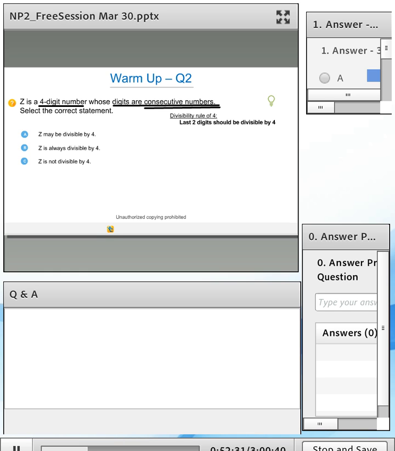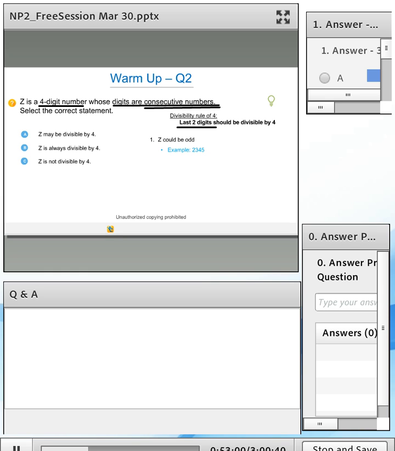for 3. Now for 4, even if we assume x plus 1, x plus 2, we won't be able to process that information any further, because the divisibility rule of 4 is only with regards to the last two digits, right? So that is where our focus should be. So for us to be able to figure that out, we're going to assume a few cases. Z could be odd. Now, if z is odd, let's take an example, 2, 3, 4, 5.